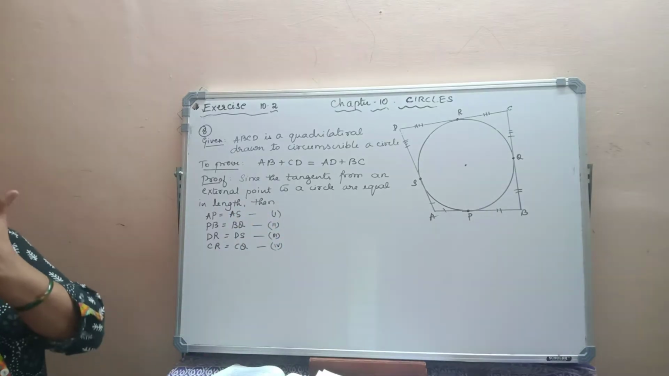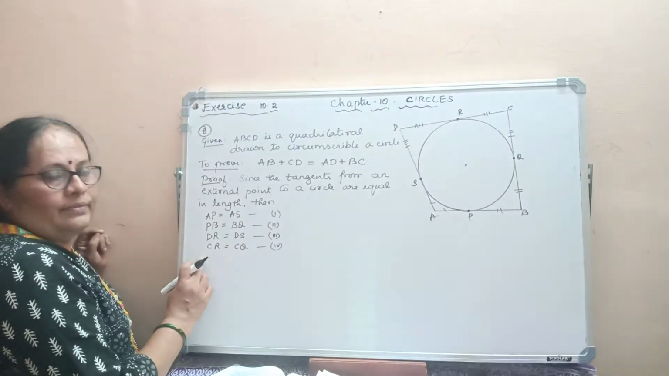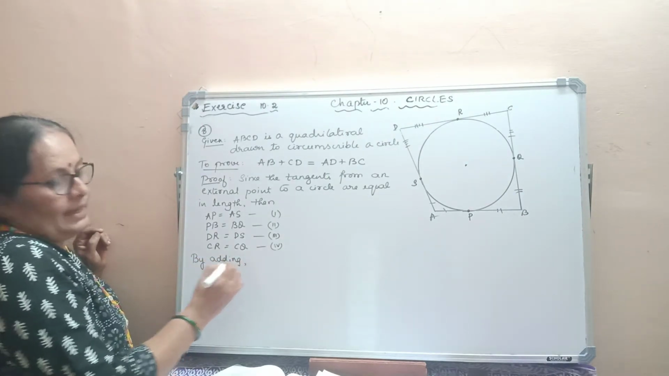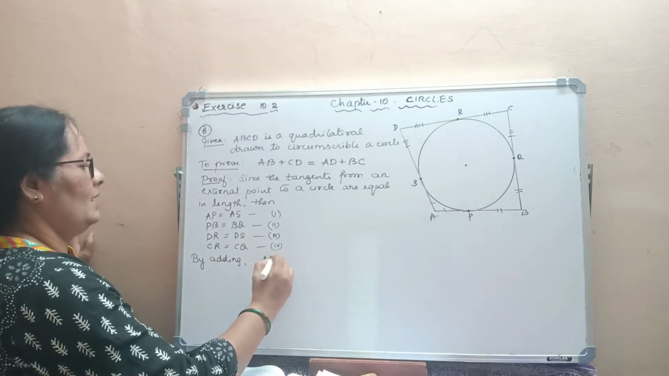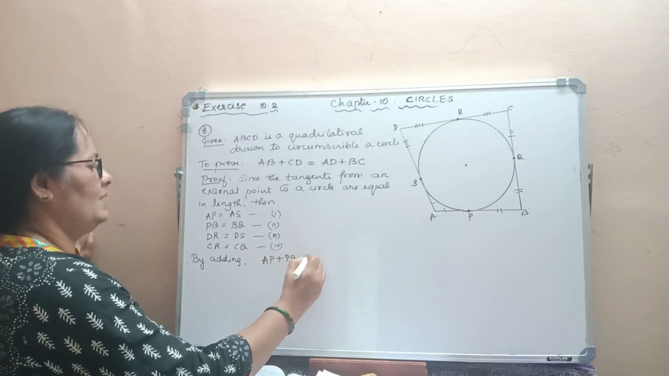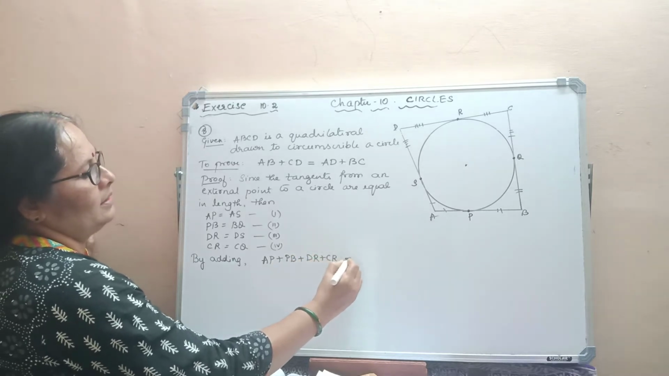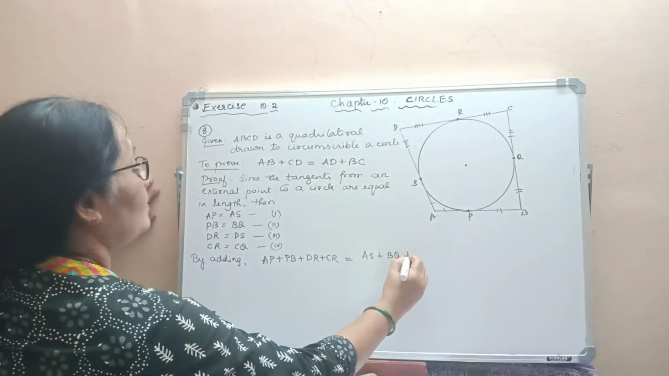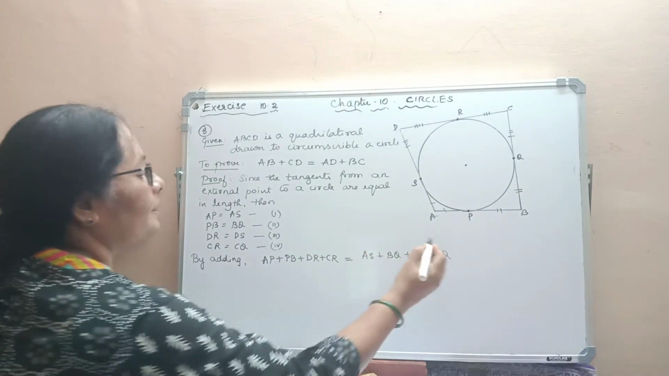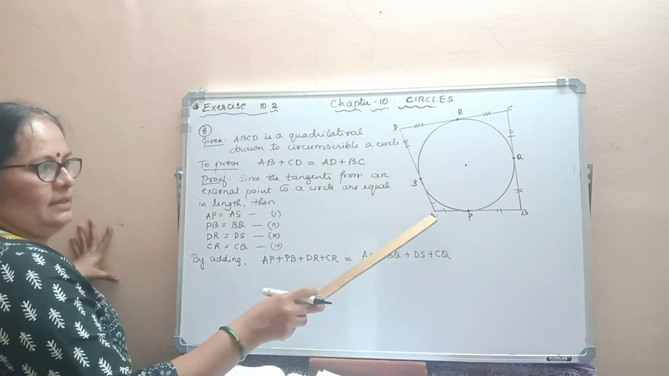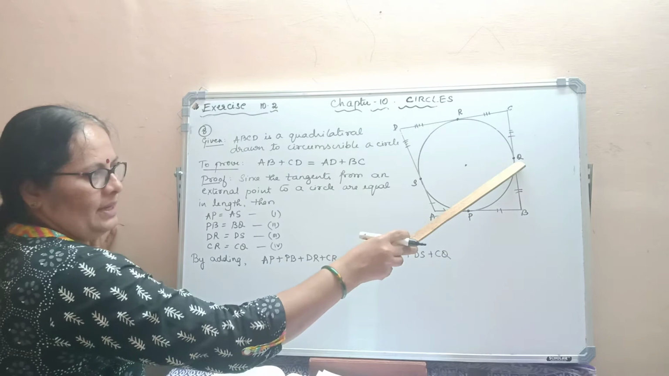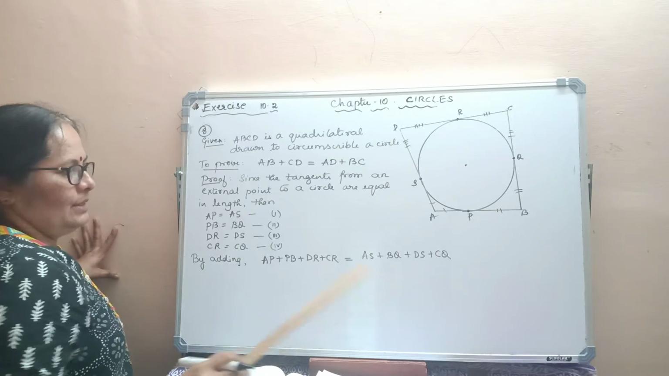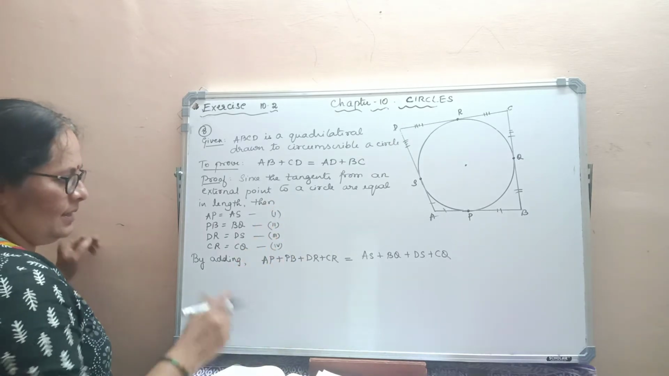Equation 1, 2, 3, 4. Now add all these equations. AP plus PB plus DR plus CR equals AS plus BQ plus DS plus CQ. So AP is equal to AS, PB equals BQ, CR equals CQ, DR equals DS. So adding all these equations, we get